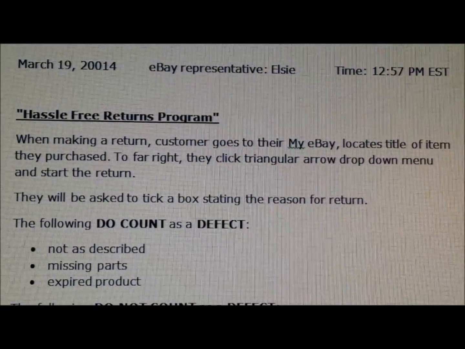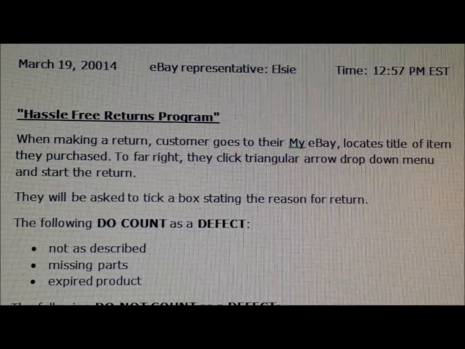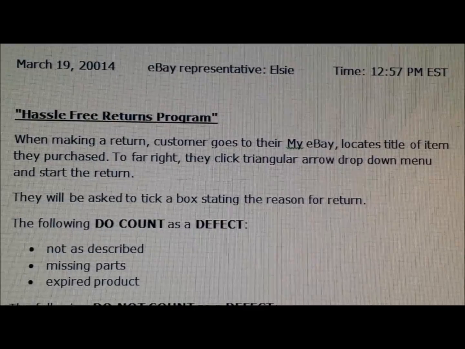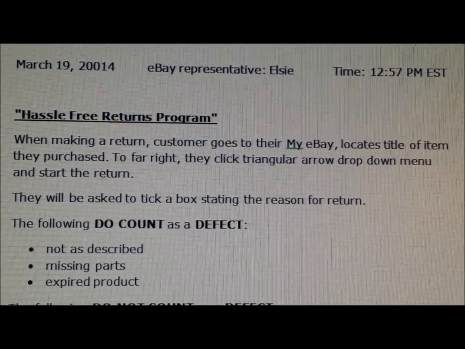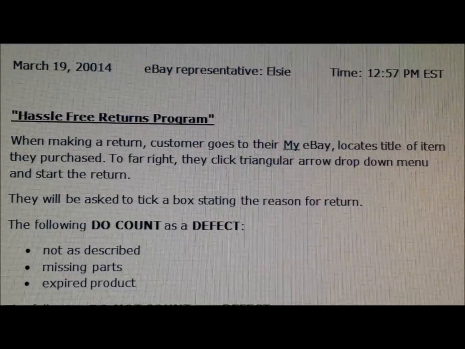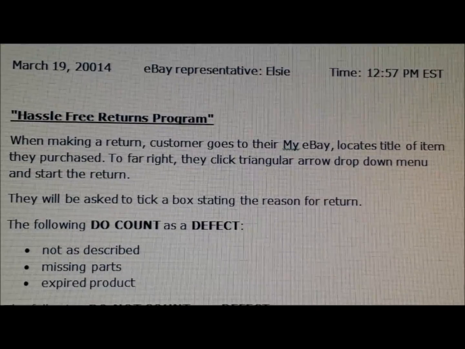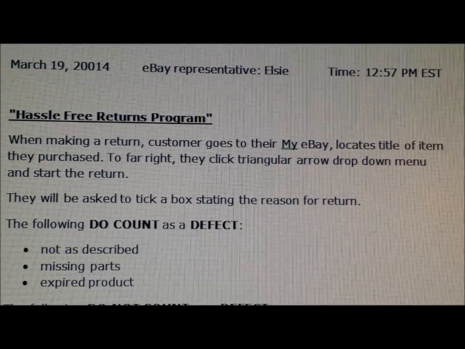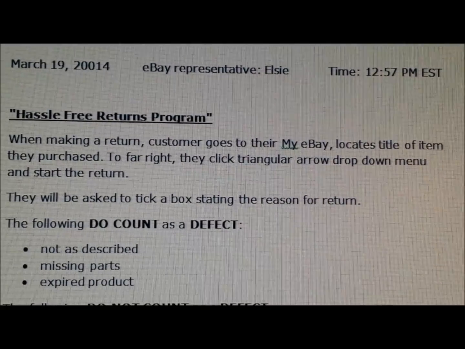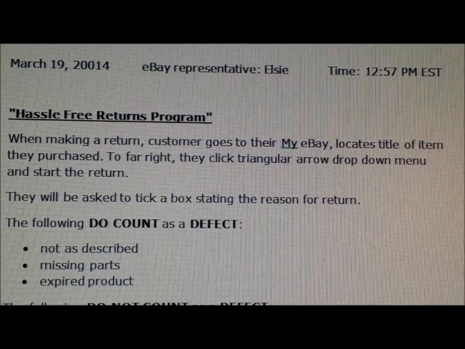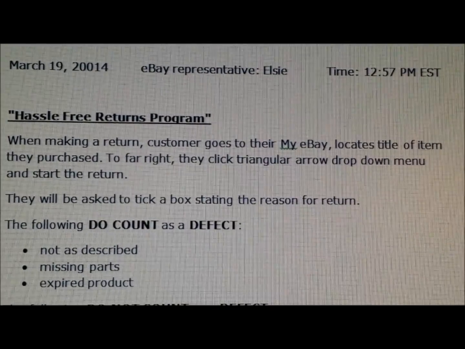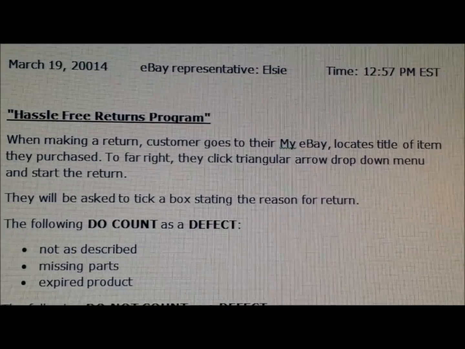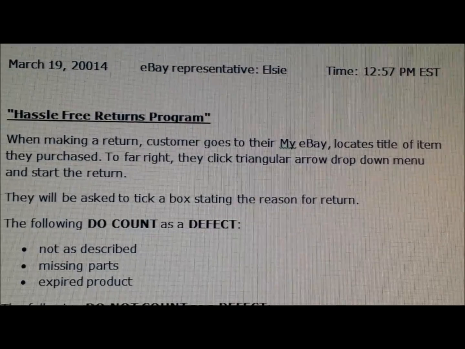In my first conversation with the eBay representative, I asked about the hassle-free returns program because I opted into that last summer. And I did it after reflecting on something that Dallas Moore had said in a video or a hangout, that he had done that, and that so far it was working out for him, and that sometimes when eBay introduces something like this, it can become mandatory.